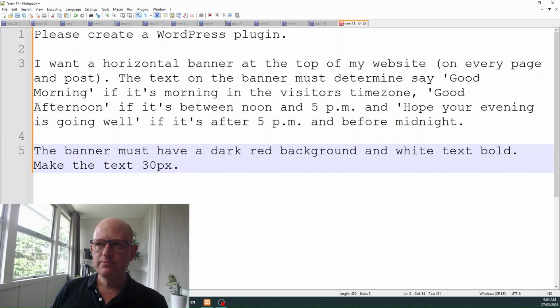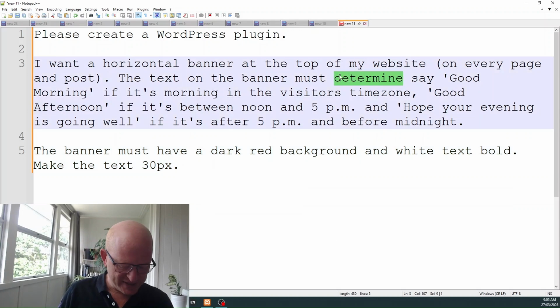Because my typing's pretty slow, I've written out the instruction I'm going to give to AI to generate the code for this plugin for us. Let me just read through it. Please create a WordPress plugin. I want a horizontal banner at the top of my website on every page and post. The text on the banner must say,